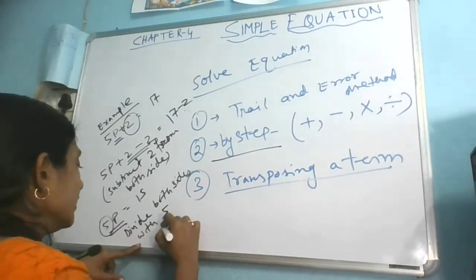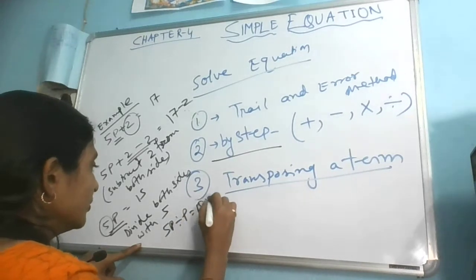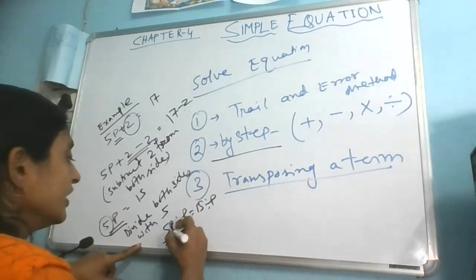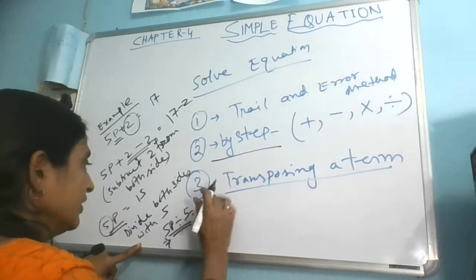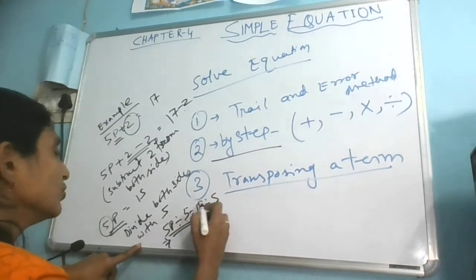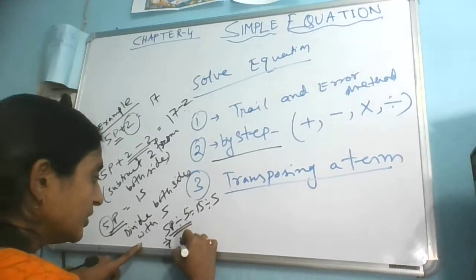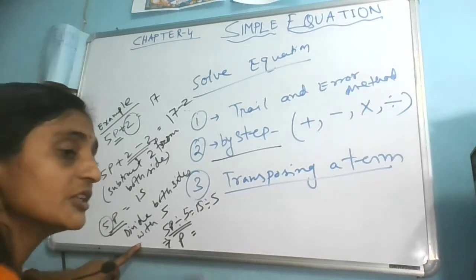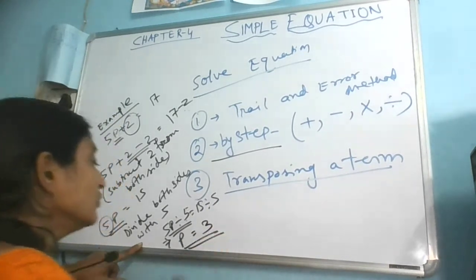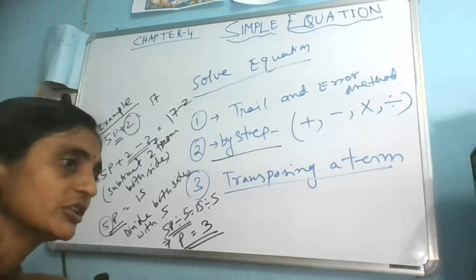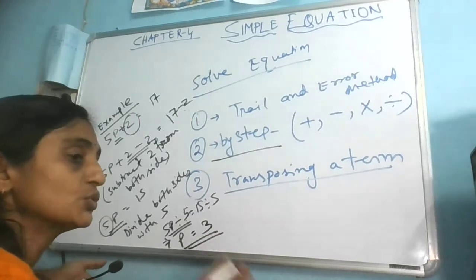So let's divide 5p divided by p equal to 15 divided by p. What I am getting here, you can notice that, sorry, it is not p, it is 5. Okay, so when I am dividing both the sides by 5, 5p divided by 5 means p is remaining. Here 15 has been divided by 5, so I am getting 3. So what is the value for p we have got in this equation? Again we have got the same value, p equal to 3.